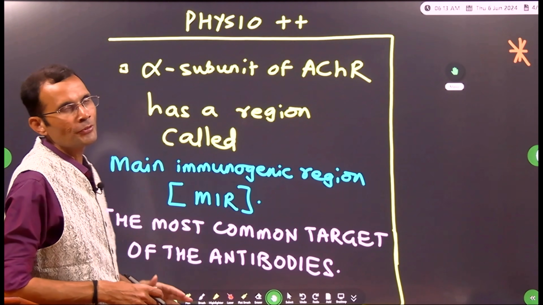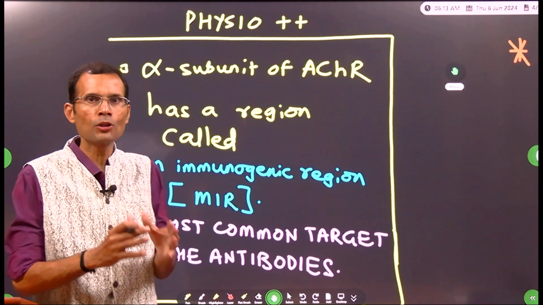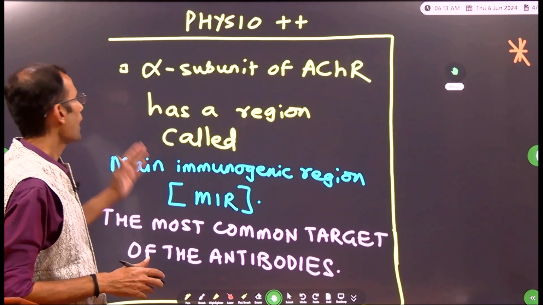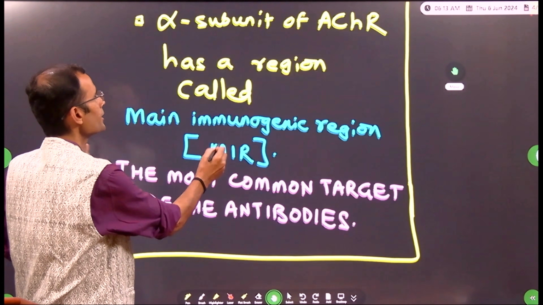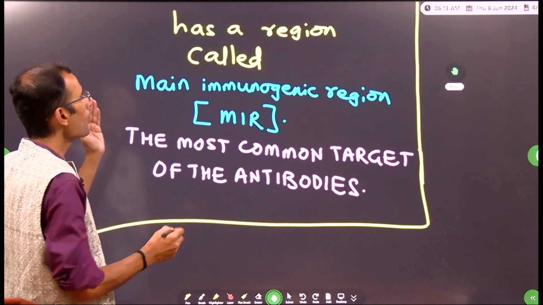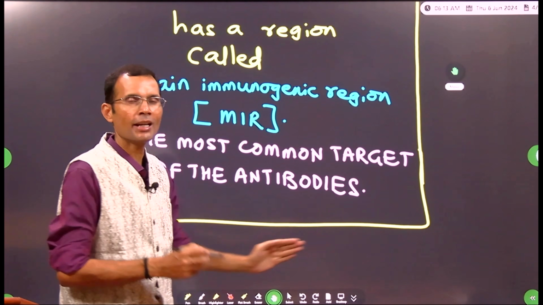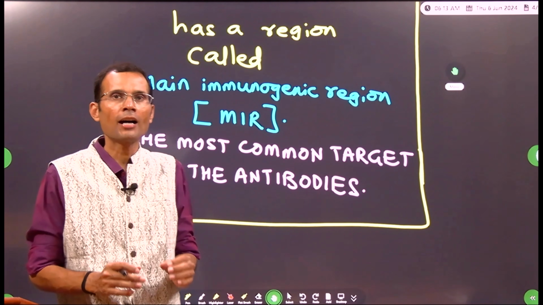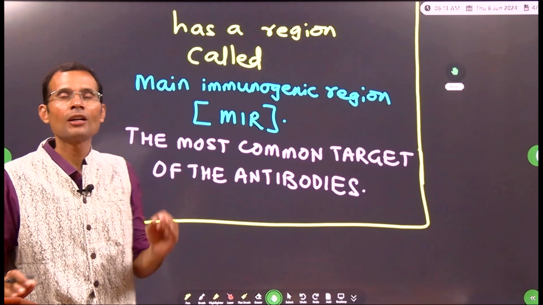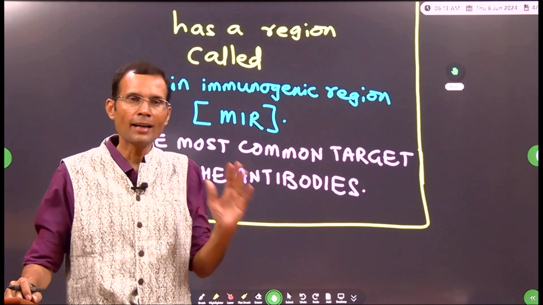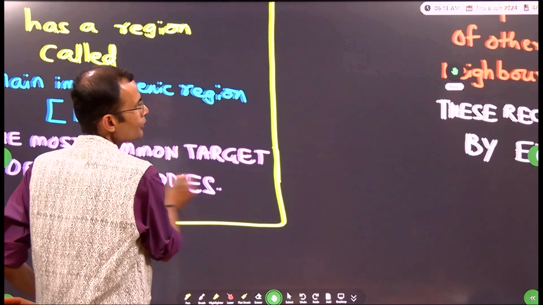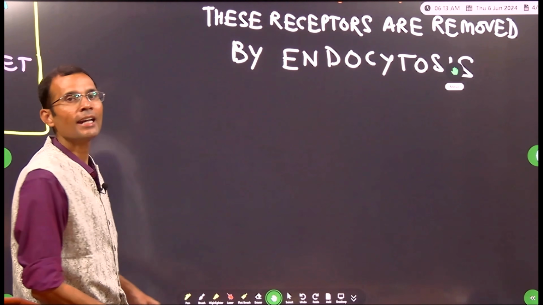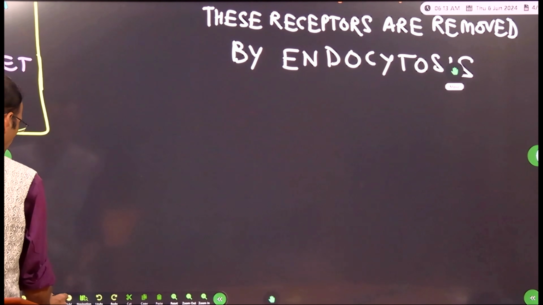All right. Now basically, the alpha subunit of the acetylcholine receptor. This acetylcholine receptor in the muscle membrane has got an alpha subunit, and that alpha subunit has got a specific region called the main immunogenic region, MIR. So the antibodies most commonly are known to target this region of the alpha subunit of the acetylcholine receptor. This is a physio plus plus. You may always add it in your answer and you get the extra marks. So that's the pathophysiology